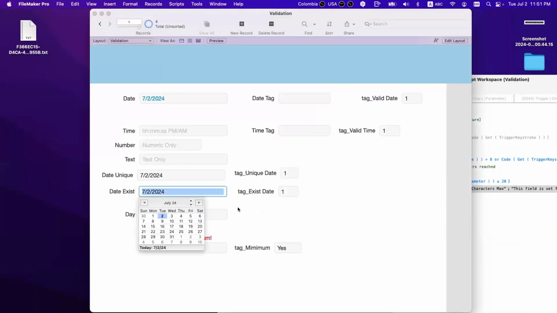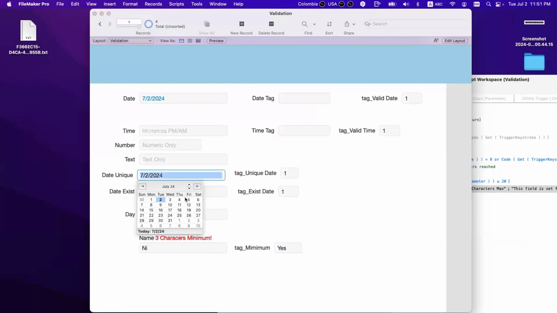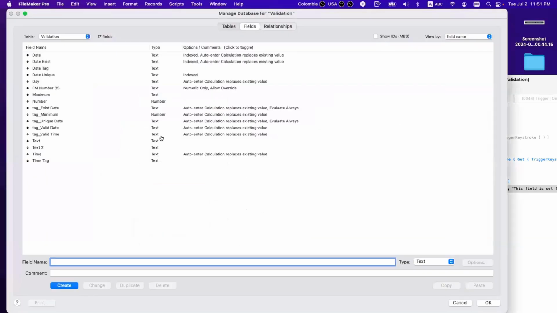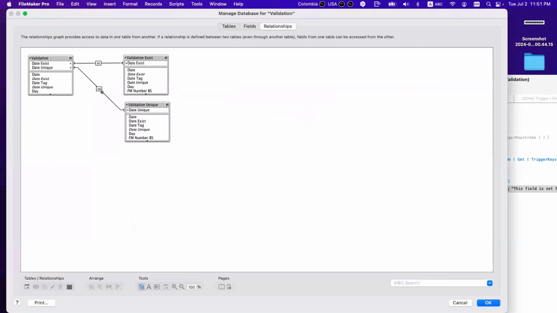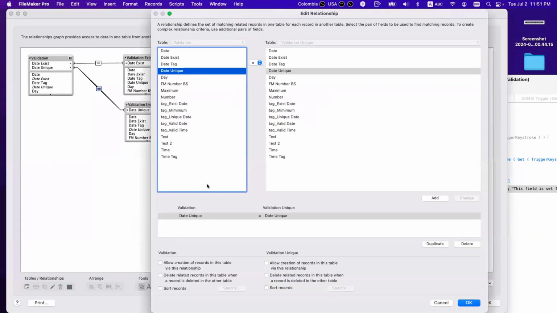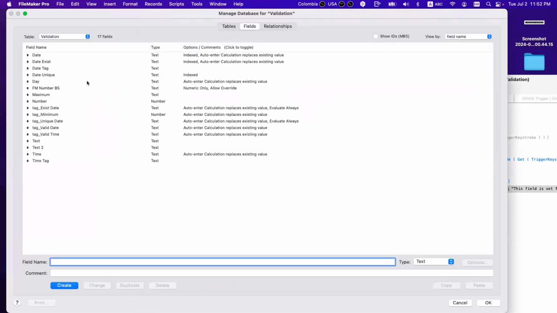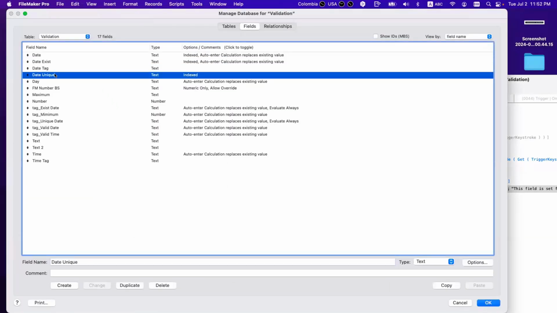So if I said this, unique dates, and this, why doesn't it work? Tag unique dates. Why doesn't it always say yes? Date unique, date unique. It should have said no. Date unique. Where's the tag unique dates?